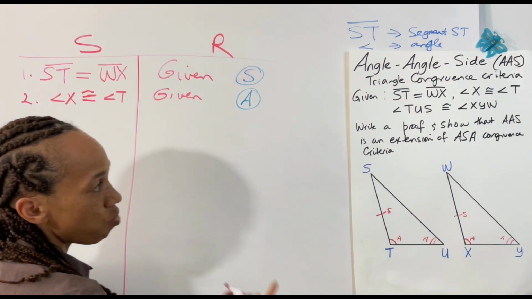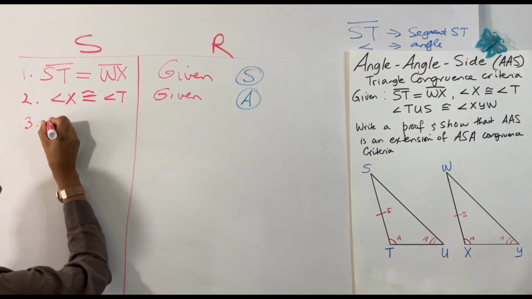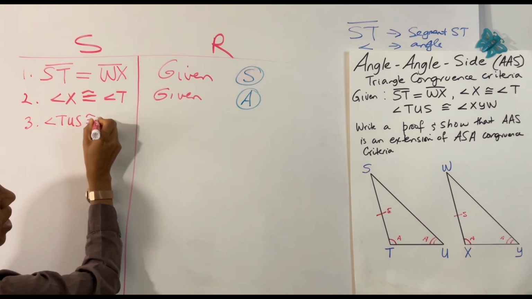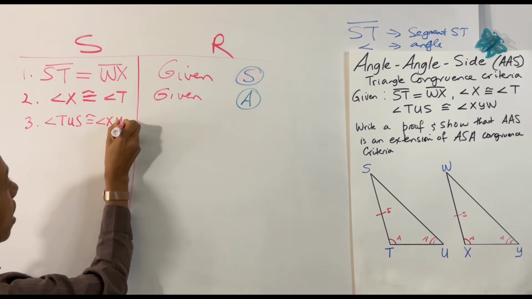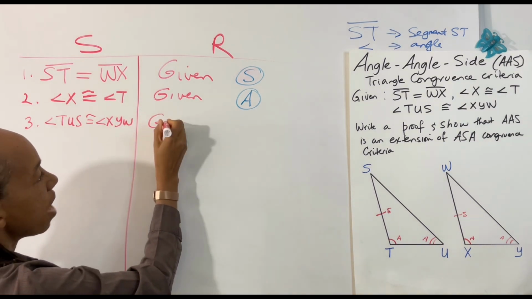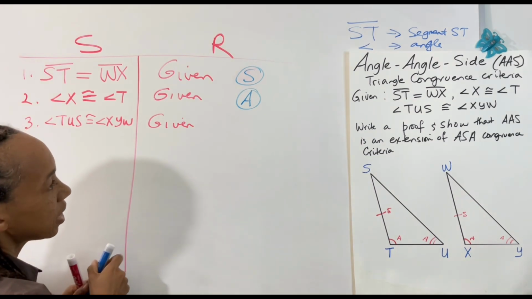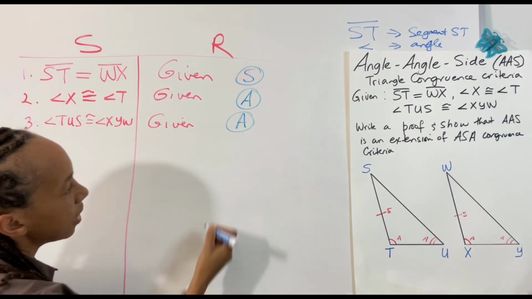So now you can write that also as your second given. So your third one is angle TUS is congruent to angle XYW. And I want to also tell you that you will notice that you can write what an angle is in